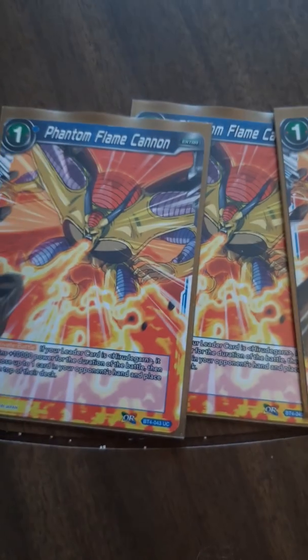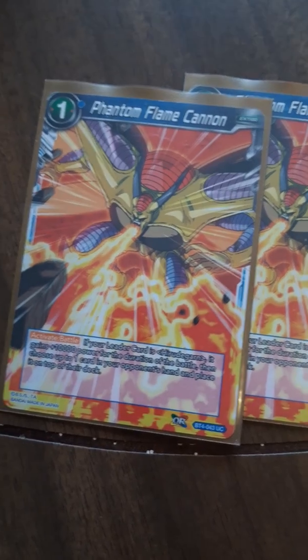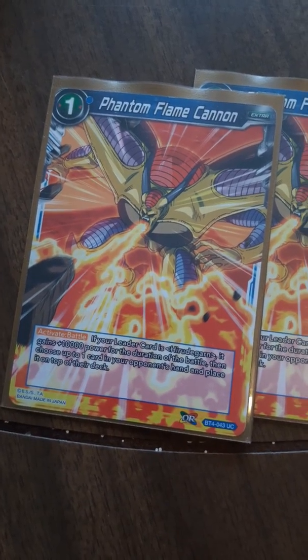Phantom Flame Cannon is really good. It's Activate Battle, which is very relevant. As Activate Main, it would not be nearly as good. But what it does, it gives your leader an additional 10k. And you get to choose one card at random from your opponent's hand and put it on top of their